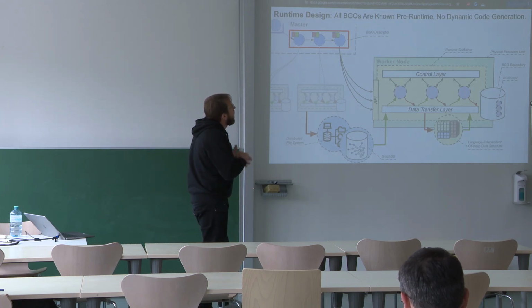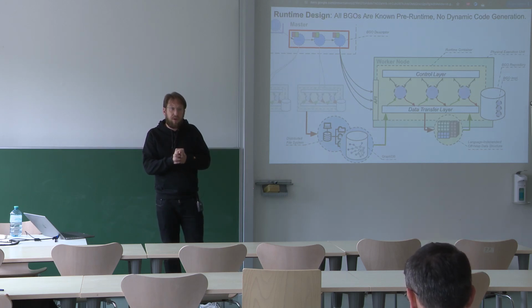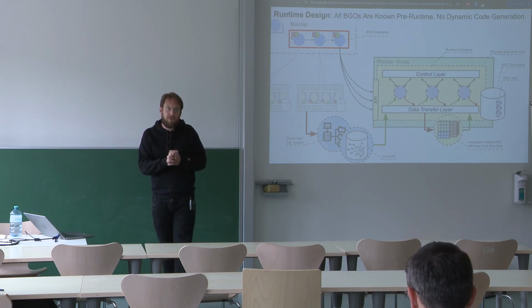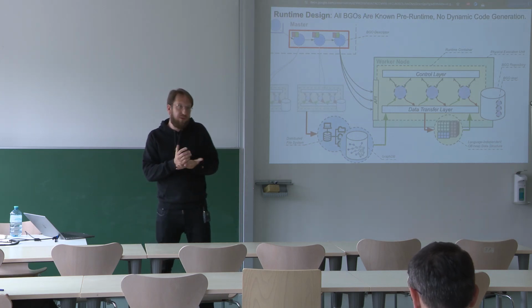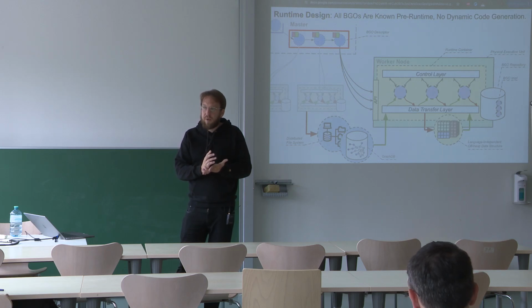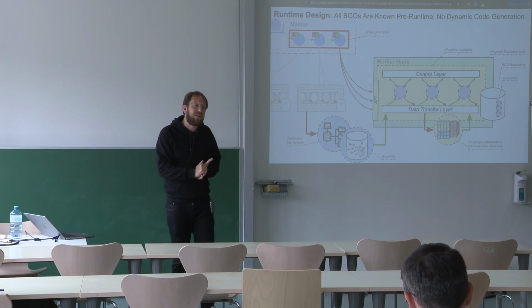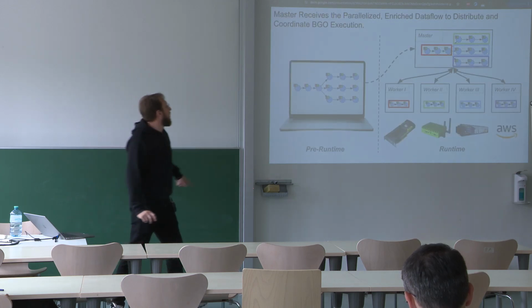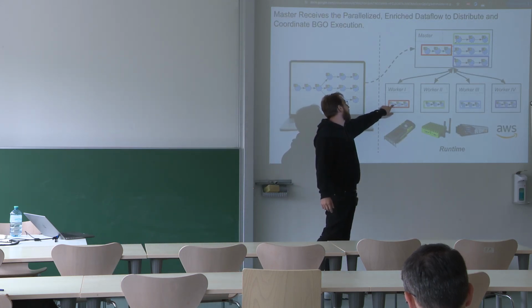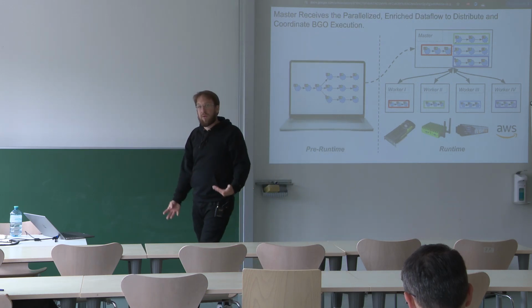So there's one thing I forgot to say. We know all BGOs before runtime, right? So that's a huge difference compared to these big data frameworks. When you have something like Apache Spark, which is technically also a distributed runtime, you can generate code during runtime, right? So there is communication that is not just a signal to start, in our case, a BGO. I think in these big data frameworks, they call that user-defined functions. But there's actually code that is sent to the machines, right?